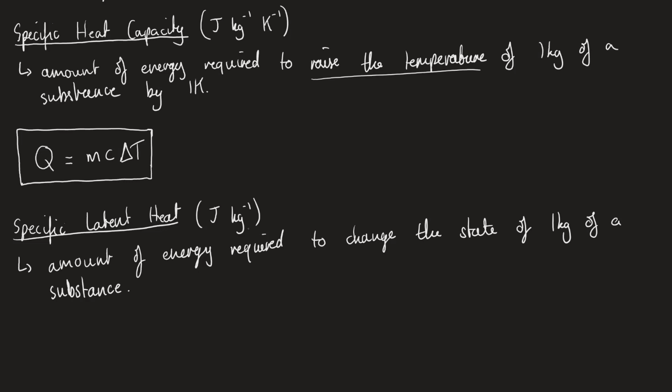Now, what you would assume is that if I were to keep putting heat energy in, it doesn't matter what temperature it is, the temperature will continue to increase. But this is actually not true. We find that when we are boiling something to make it gas, or if we're starting to melt something to make it a liquid, there's actually an amount of time where it will continue to absorb energy, but actually won't ever change temperature. And this is why we can separate the two, because we have some energy transferred at a